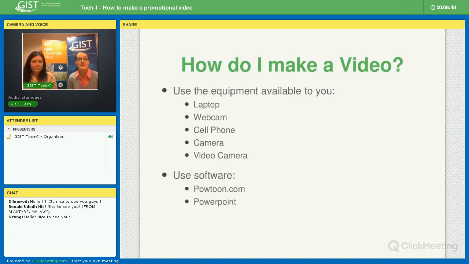We do not expect anybody to have that, and you certainly won't even be assessed on that. So use the equipment that's around you. If you do have a laptop that you are using to apply, definitely use the webcam if it has it. Use whatever you can within that, and I will talk about the software that you can recommend to use. You can use a cell phone.